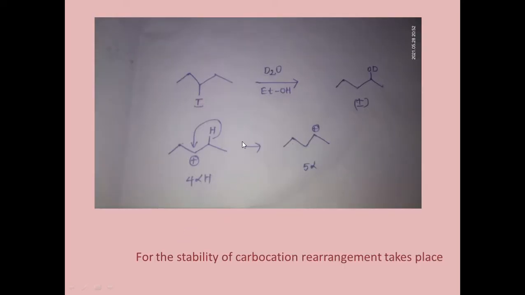Now here this is SN1. Why SN1? We will get a carbocation after removal of I as a leaving group. This carbocation has 4 alpha hydrogens, right? We will rearrange this hydrogen here and we'll get the carbocation here. It has 5 alpha hydrogens. It means this is a stable carbocation. Stability of carbocation matters in SN1 reaction. So OD will get attached here.